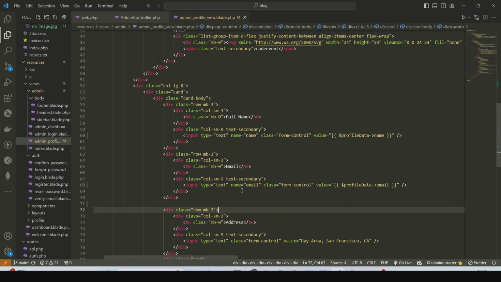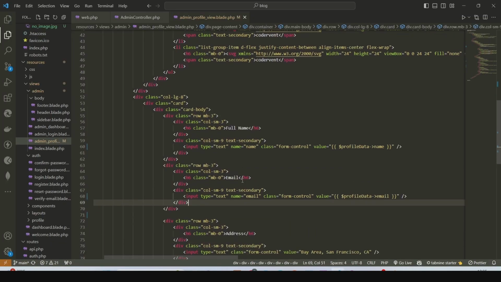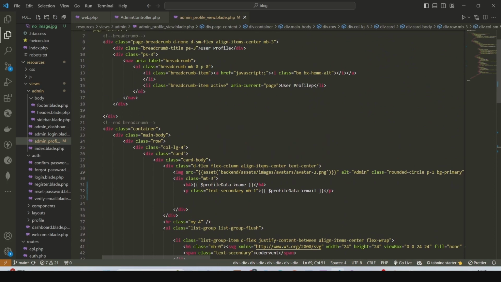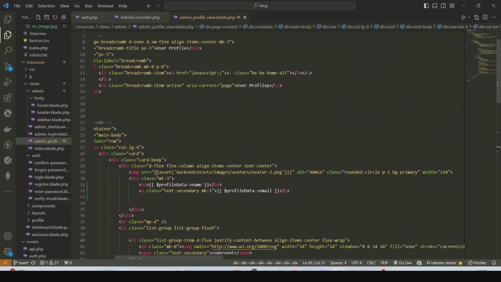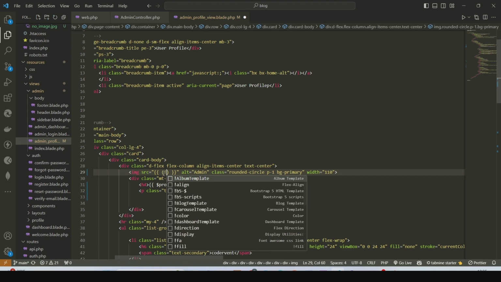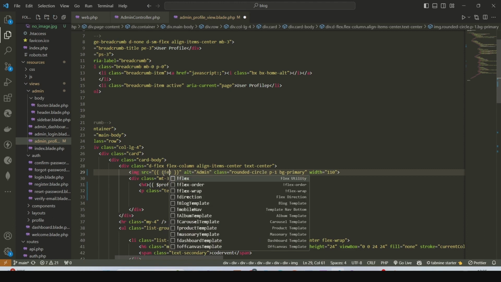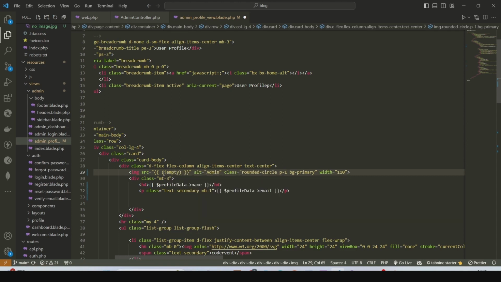So how do we go about this? There's the image. This is the image. So we'll be using some conditions here. We'll add some conditions, so we'll delete this. In our Blade syntax here, open a bracket inside. So if not empty, so if not empty,